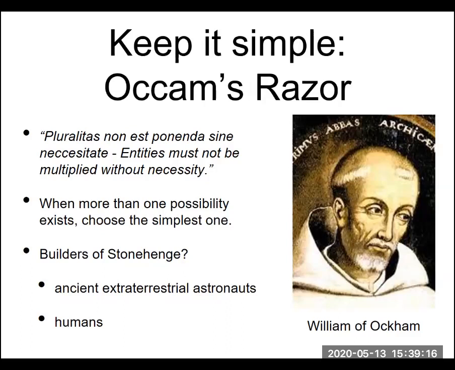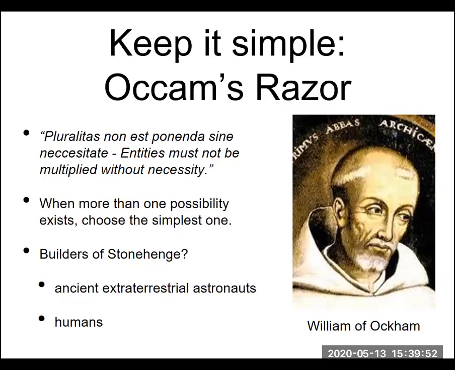It's based on having extraterrestrials that have the ability to travel through space, that they have the ability to travel to the Earth, that are interested enough in what's going on in the Earth to study it well enough to be able to understand how the sun and the moon and the stars all kind of orbit and move around in the night sky. And they've got to be interested enough in building a calendar out of really heavy rocks. So that's like 5 different things that have to occur in order for ancient extraterrestrial astronauts to have come and